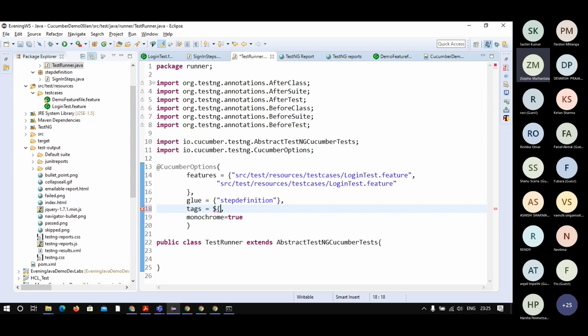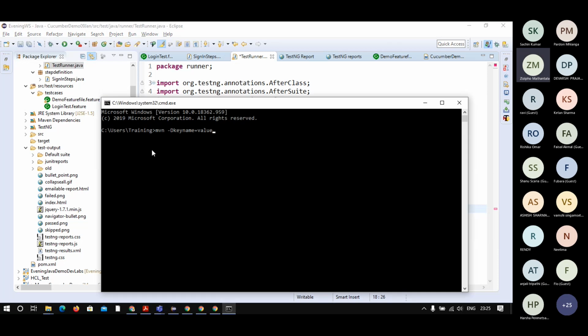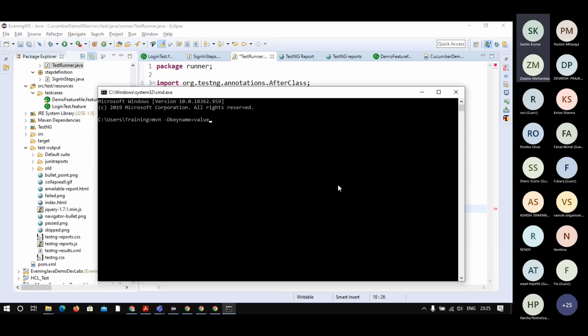And then the key name. You can also pass that as a parameter, and that parameter will be passed from the command line. Then it will accept this parameter, and then it will be used here. Something similar like that. I hope it answered your question.